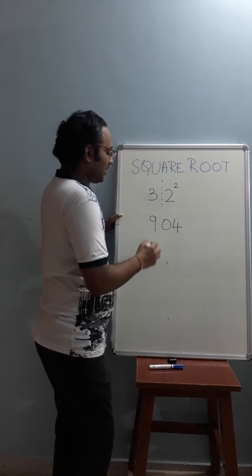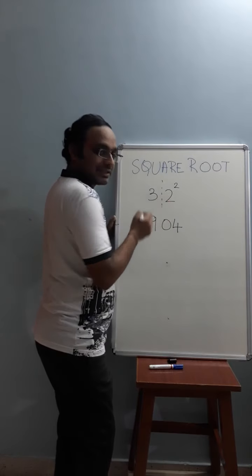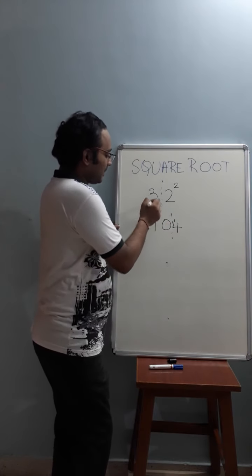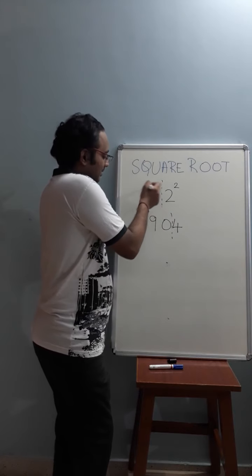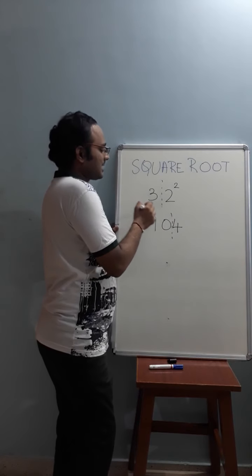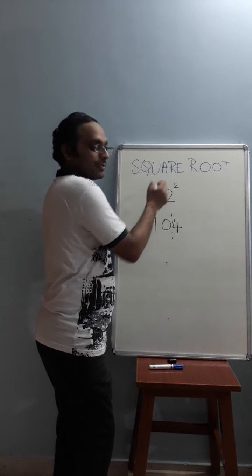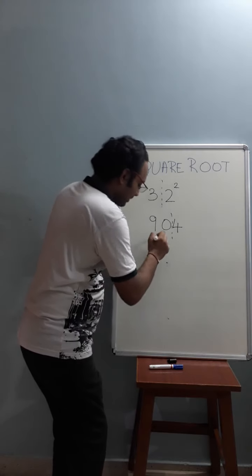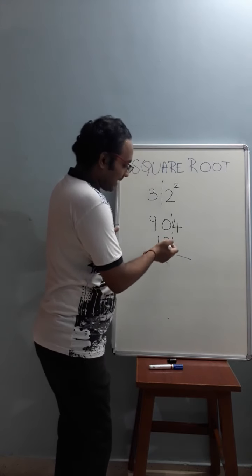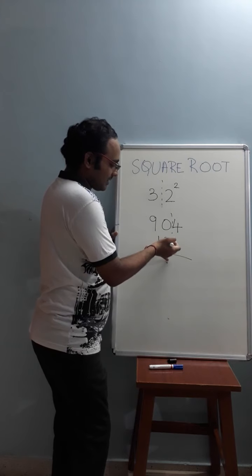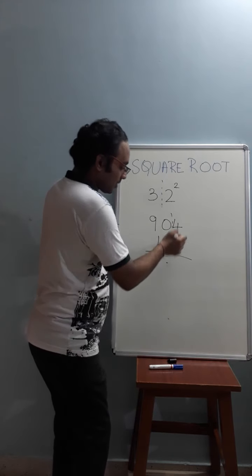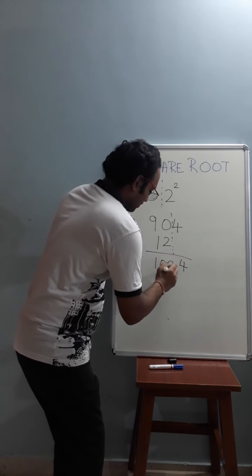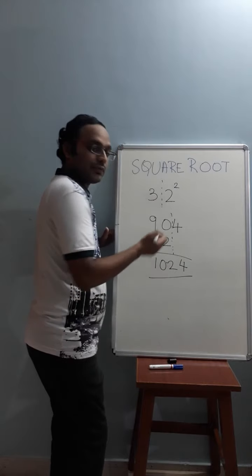904. Now, we have written a slash after one digit from the right hand side. Do the same thing here. Now, multiply the digits to the left hand side of the slash and the right hand side of the slash and 2. That is 3 into 2 into 2. That is 12. Write 12 to the left hand side of this slash. Drop 4 as it is and add this 12. 1024. This is our answer.